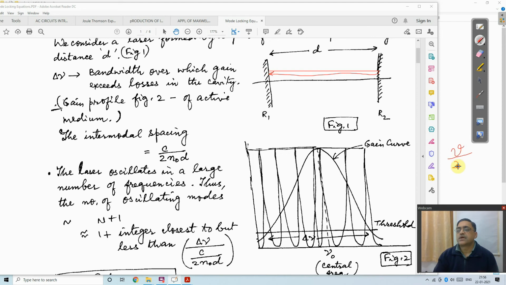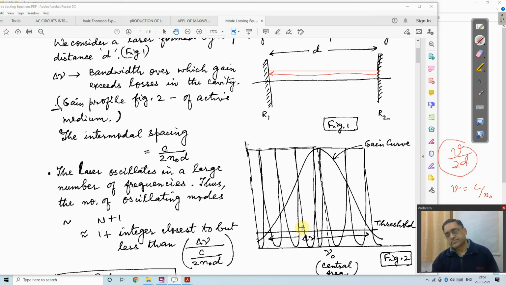That means I can write 2d, and this is the intermodal spacing. Here, v is equal to c by n naught for the active medium. So this represents the intermodal spacing,